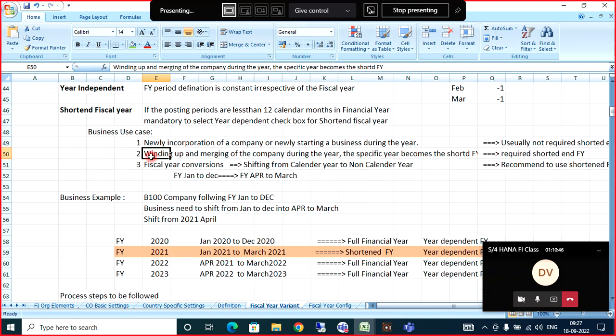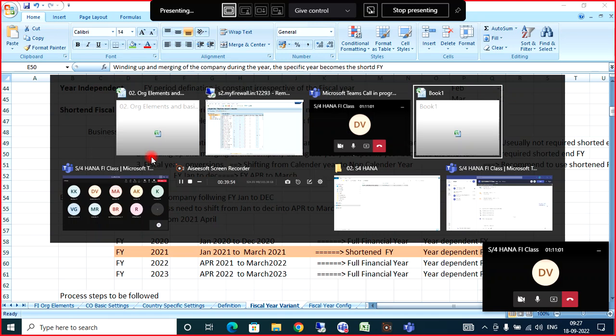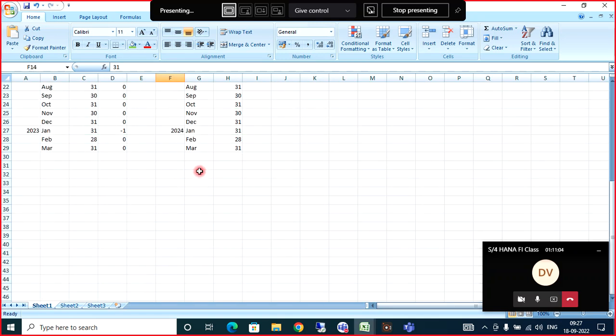One more reason: merging of companies during the year. Somewhere in the month of July, 2 companies become one company. While merging, A and B are merging. The CA people will explain this more clearly, I don't know. Say there is ABC company, and this is XYZ company. Both companies decided in the month of July to merge, and they wanted to form